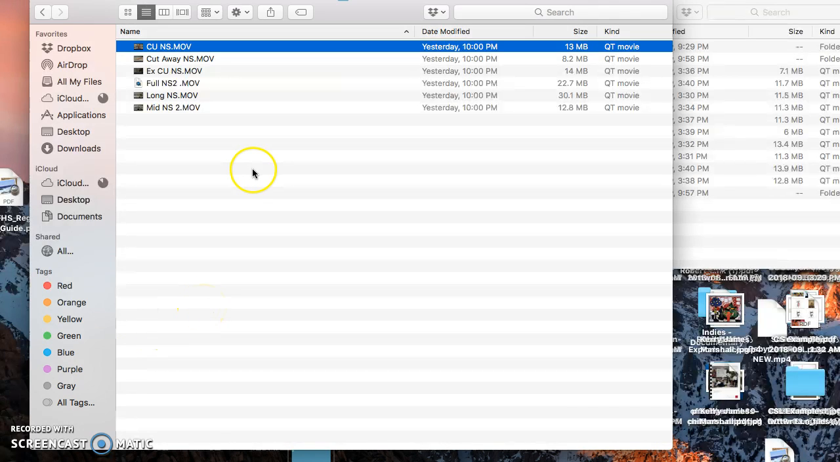Anyways, thanks to the boys for letting me use their clips, and you'll notice the first thing I did was take all 6 clips into a folder and label them. I just use quick names: mid for a mid shot, long shot, full, extreme close-up, cutaway, and a close-up. It's going to make your life so much easier if you have your shots labeled before bringing them in to